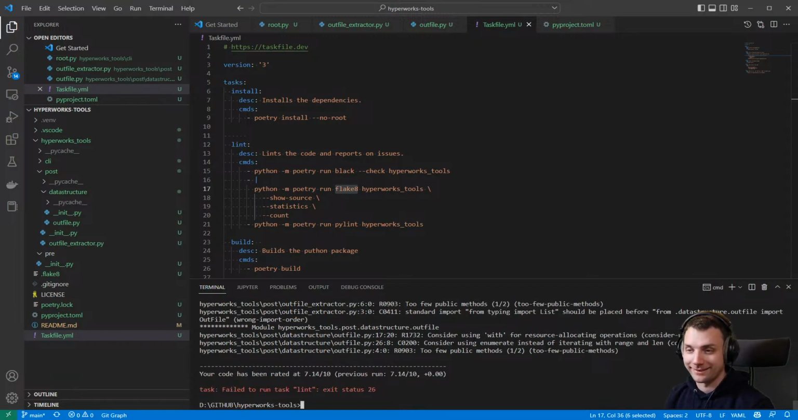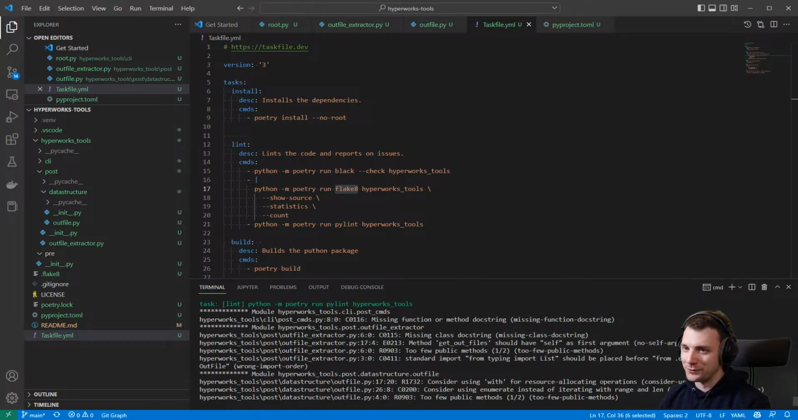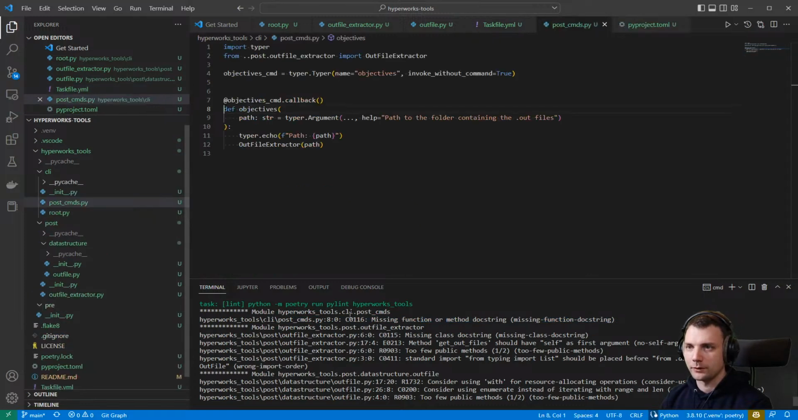But actually, it's just one function. I mean, yeah, but okay, now let's go through them, and we will learn about what we could do better. So, for example, here, the hyperworks tool CLI post commands in line 8 has a missing function or method docstring. Okay, so I go there. So I have def objectives. So this is basically the CLI commands objectives, and that does just print out the path. Actually, I don't know if that's even necessary. And then it creates the class